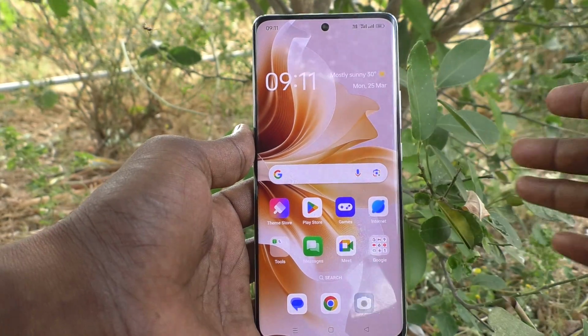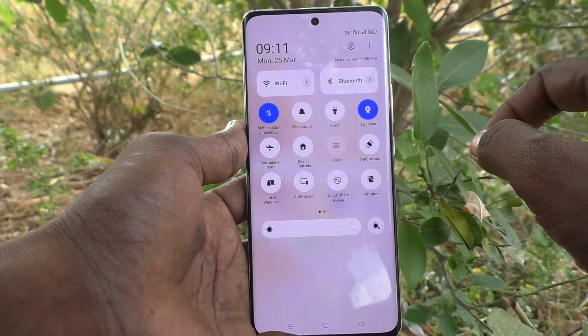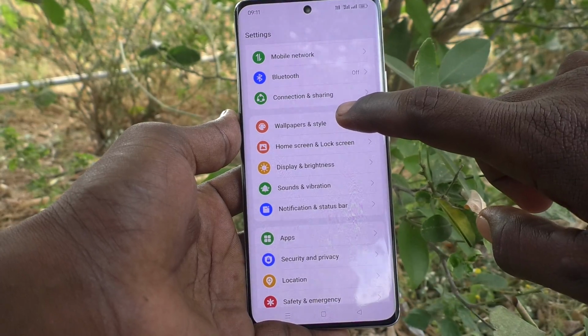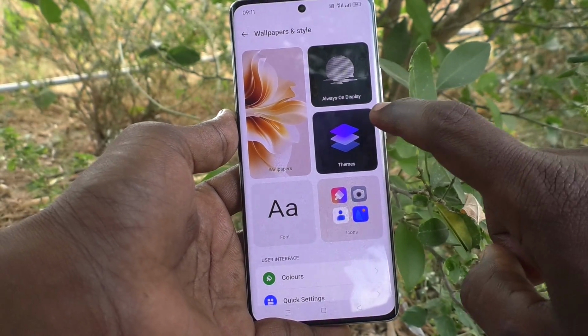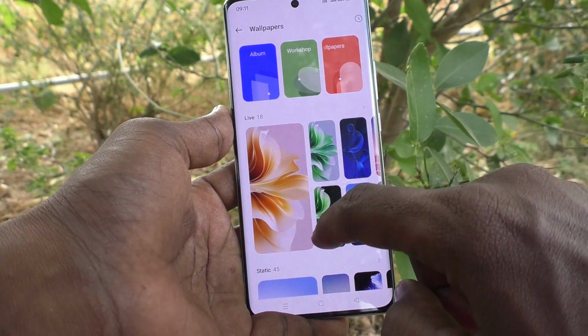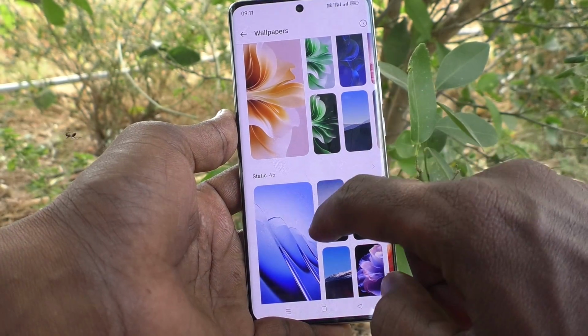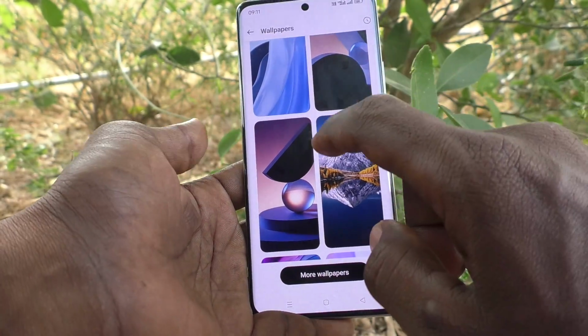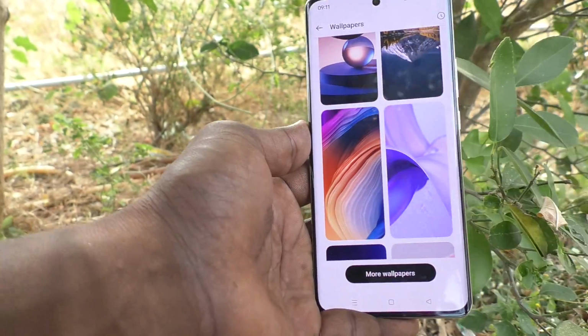First of all, go to the settings of your phone. Go to settings. Then go to wallpaper and style and click on wallpaper. And here select any wallpaper. These are only system wallpaper. Just select any one. Here I would like to select